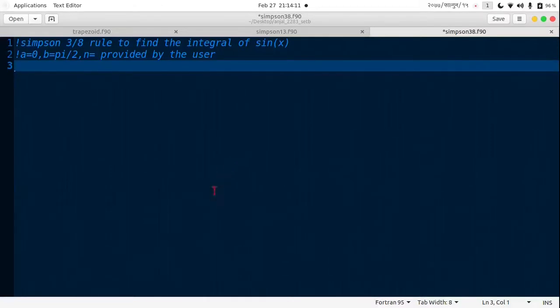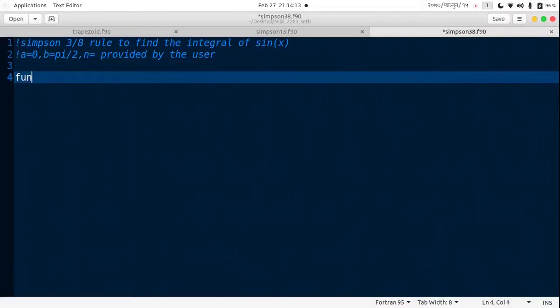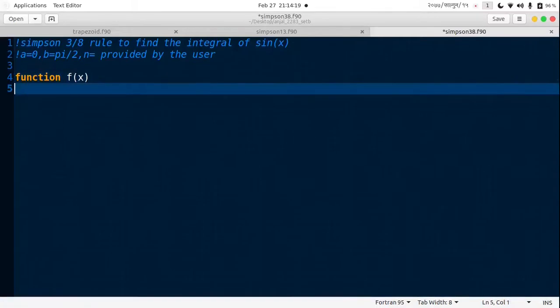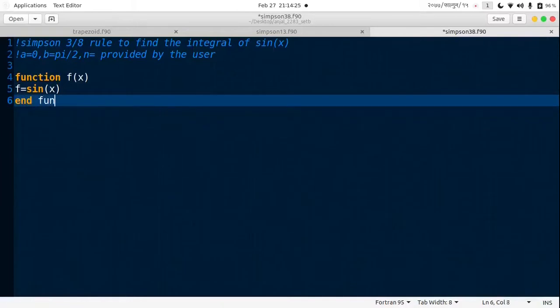Here we just mention the function f of x. F is equal to sine of x, and this is an internal function,